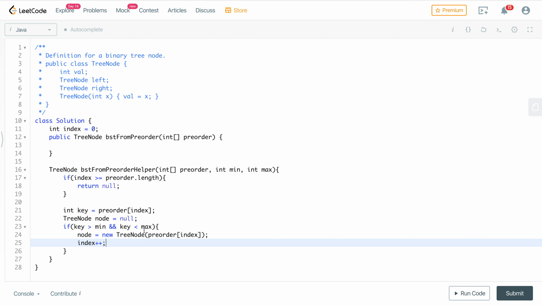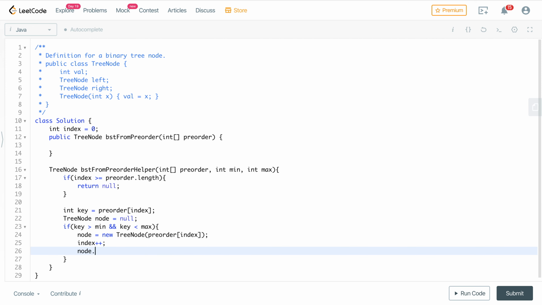So this is what I already mentioned to you. In case our value is lying between this range, we'll create a node out of it, we'll increment the index and we'll call for the left and right subtree. So let's call for the left subtree, pre-order.